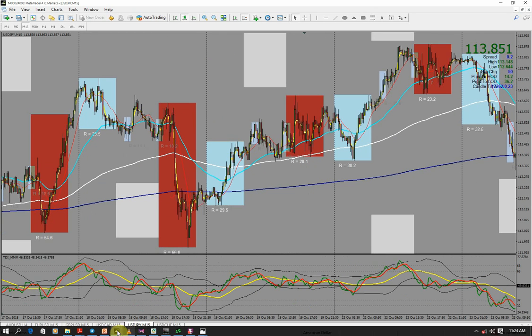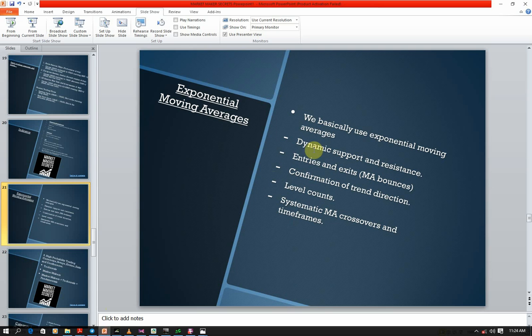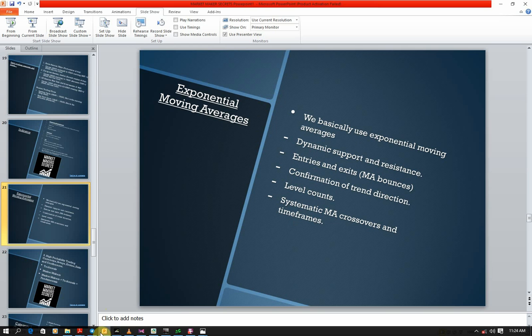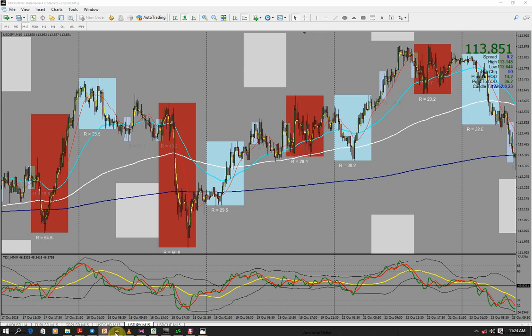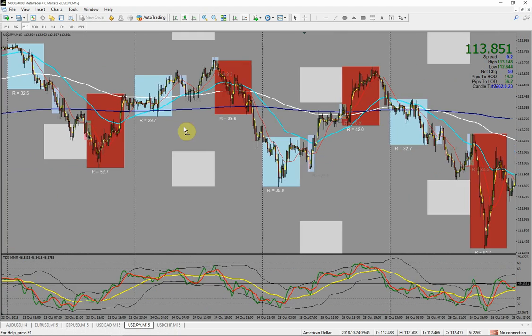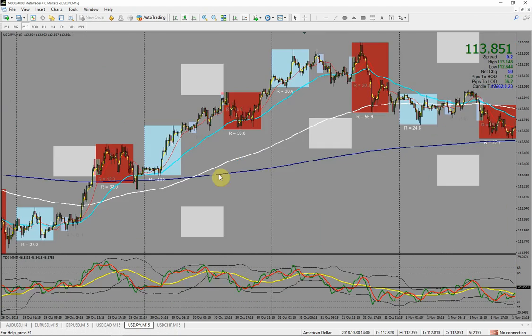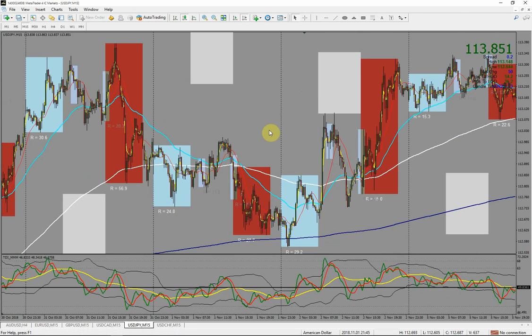So, let's go back to our slides. I believe that I've covered everything we need to know about exponential moving averages. And the nice thing, ladies and gentlemen, about our trading systems is that these moving averages come with the market makers template. You don't even need to set your moving averages. Obviously, there's a video on how to set up your market maker template, so you'll be able to customize your template, change colors and thicknesses and whatnot. But when you have the template, you don't need anything else. You just need to use the template according to my specifics. Then you'll be able to use it properly, and then make sure that